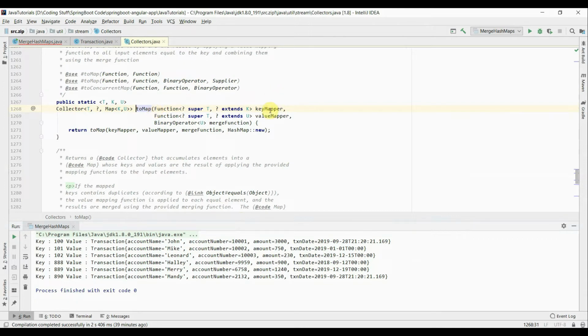One is the key mapper, a mapping function to produce keys. Second is a value mapper, again a mapping function to produce values. And the third one is a merge function of type BinaryOperator. It is helpful when the key collides, or when the key is present in both the maps. So let's use this toMap